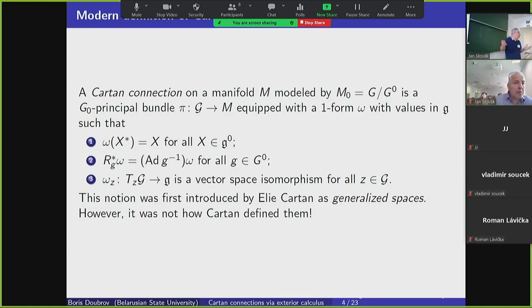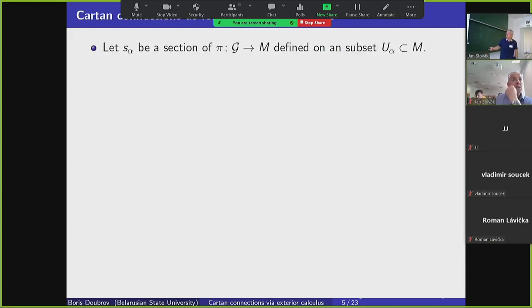So one of the philosophies behind Cartan connections is to weaken a little bit the properties of the Maurer-Cartan form on a Lie group. But that's probably not exactly the right point of view, but we'll see how Cartan defines this. I mentioned already that Cartan's definition, in at least Lie and Cartan's words, was called generalized spaces. And to now bring you to the language Cartan used,